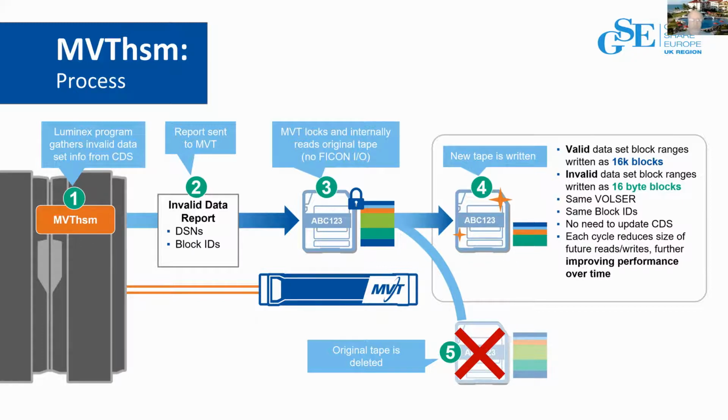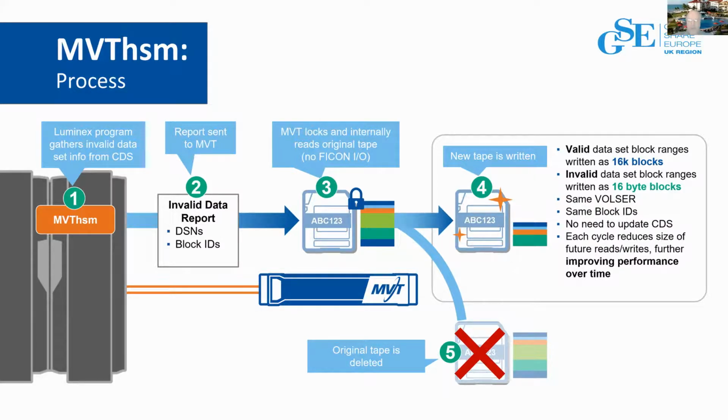We deliver that report out to the appliance, and that report shows us the data set names that have been deleted. They're now invalid, and the block IDs associated with those data sets that are part of the HSM container file on the tape vol.seer. For a brief period of time, we actually lock that one vol.seer associated with the task at that time, so that you can't have any IO. You can't write to it. You can't read to it for just a period of time while we're making a copy of it.